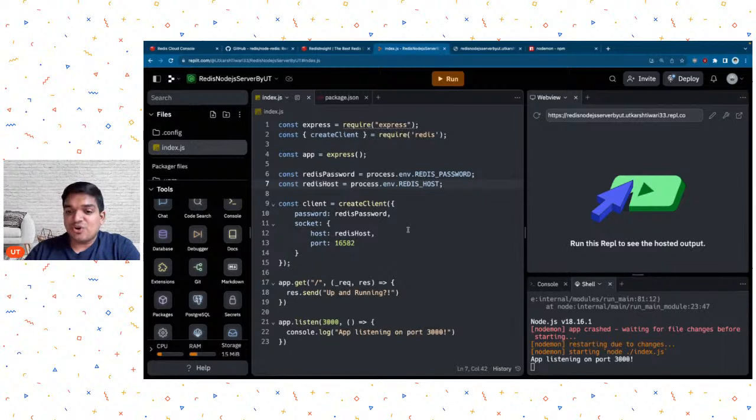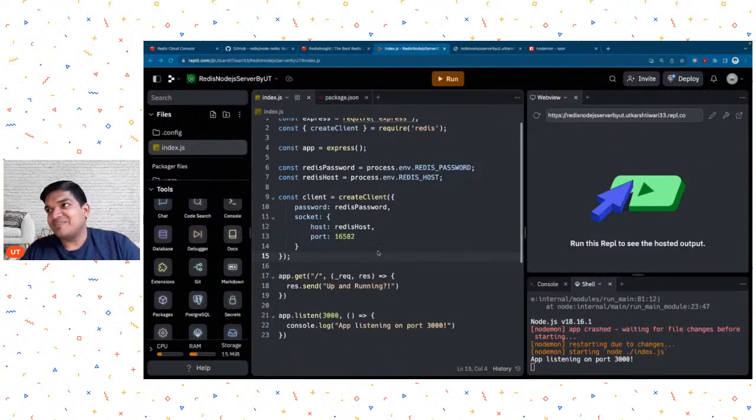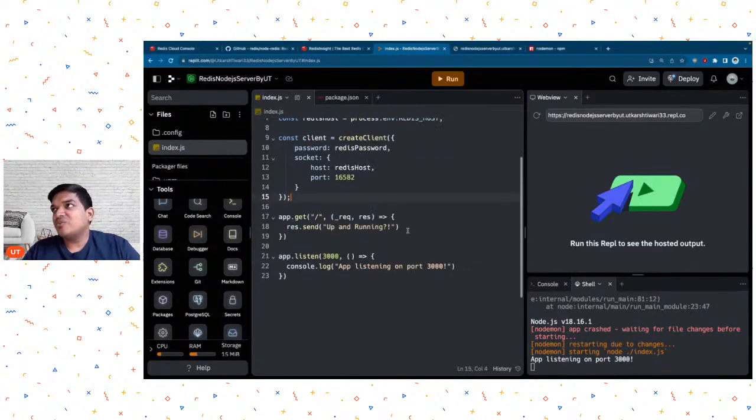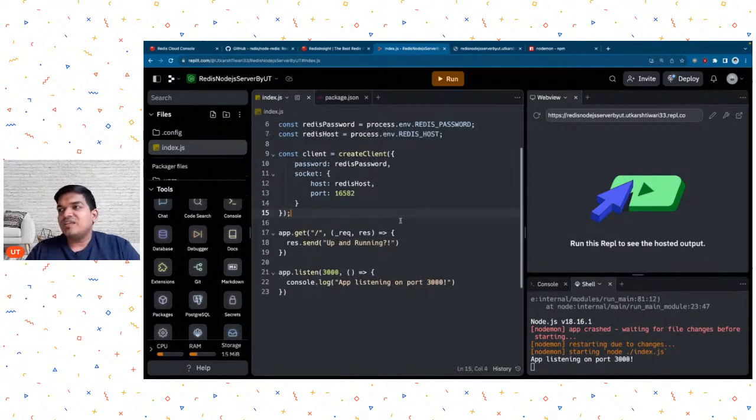But are we sure? What can we do to actually see that the connection is complete? So I have something for that as well. Of course, I have something for that. So remember this first route that we created? I'm going to keep it right here. This first route,